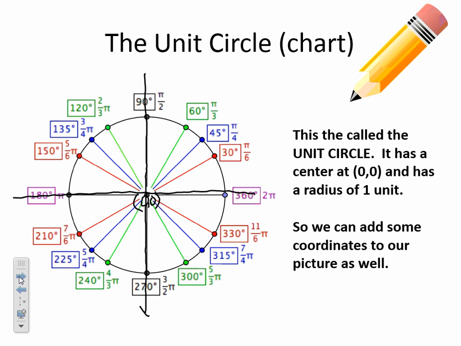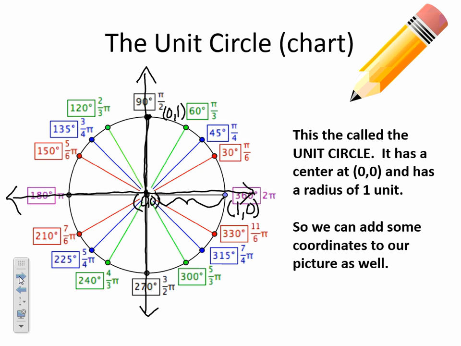And that means that I can write some coordinates, some x's and y's, coordinate points, for some special angles on my diagram here. So if I'm at 0, 0 and my radius is 1, I'm going to go out 1 unit over here to get to this 360 degrees or the 2 pi. The coordinates for that location would be over 1 up 0, so 1, 0. And if I did that for the 90 degrees as well, here all the way up 1 unit, that means that I would have a coordinate or an ordered pair of 0, 1